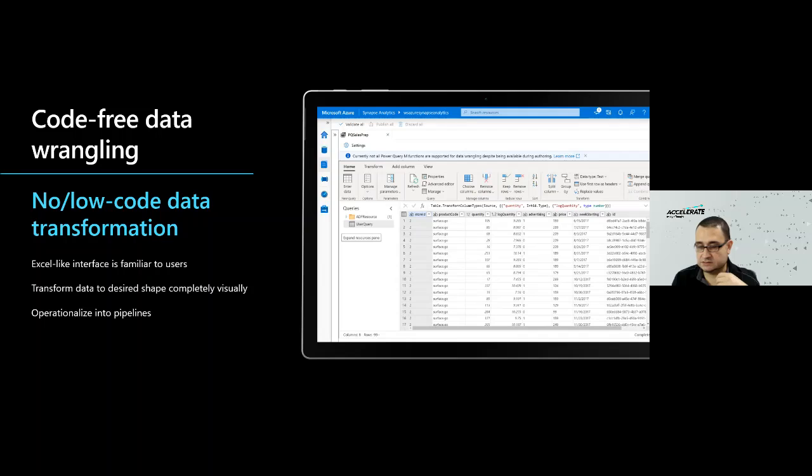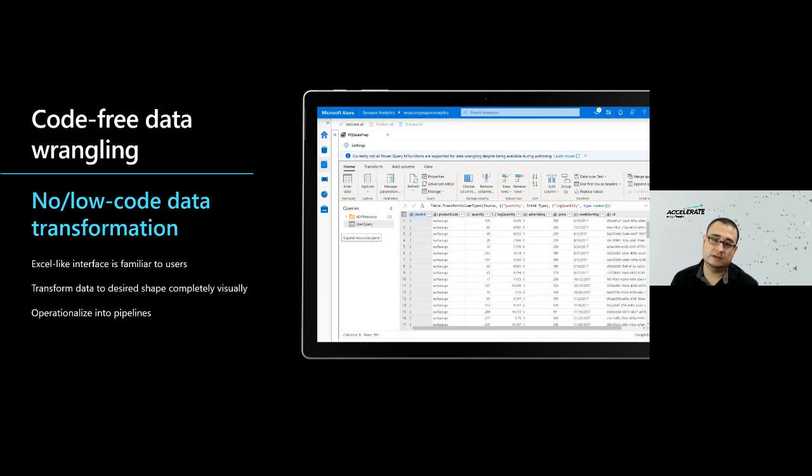So your data analysts, your business analysts, power users may already be familiarized with this development environment that is built in Excel, and that is called Power Query. Typically, you will interface with Power Query in Excel by clicking on Get Data in the Data section of Excel. And for those of you who may not be aware, essentially, this is Power Query. And this is the same development environment that is available in Excel, like I mentioned, Power BI, Analysis Services, and now it's also available in Synapse Analytics.